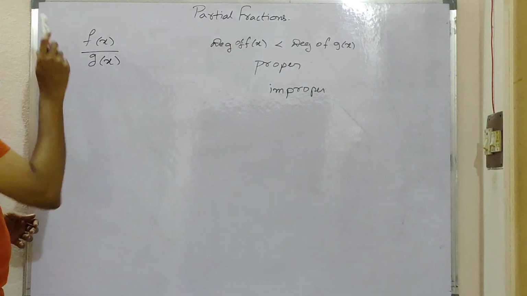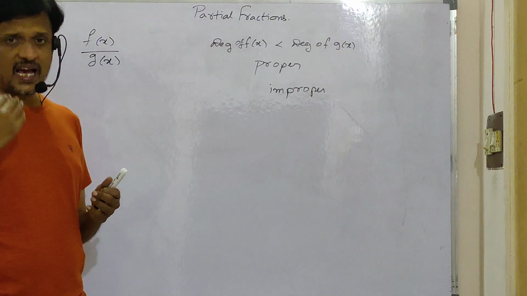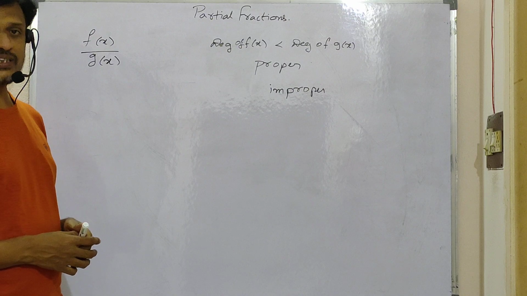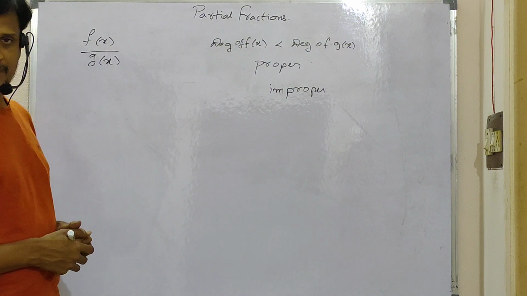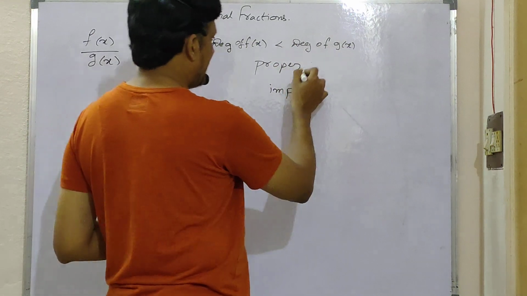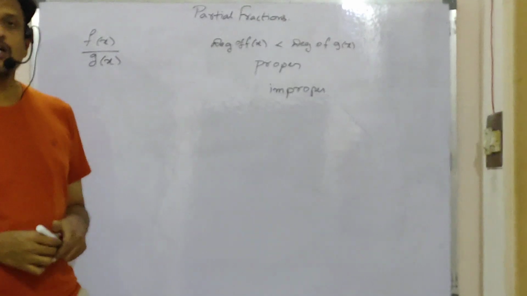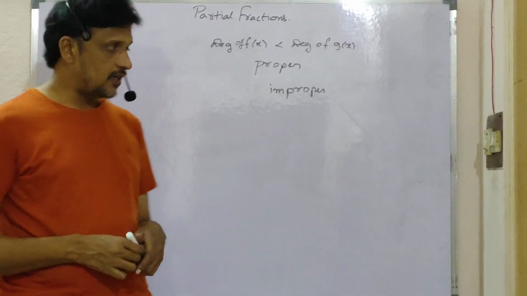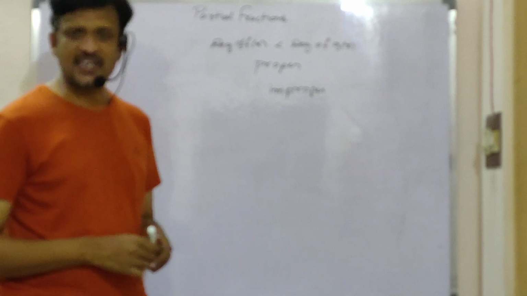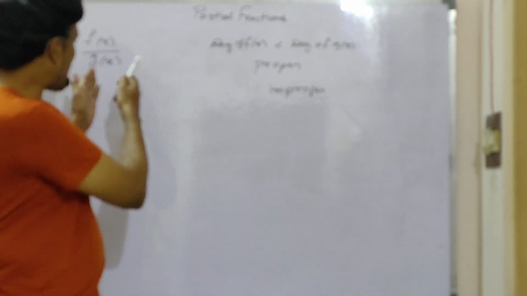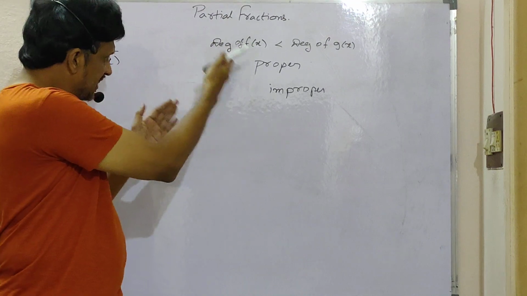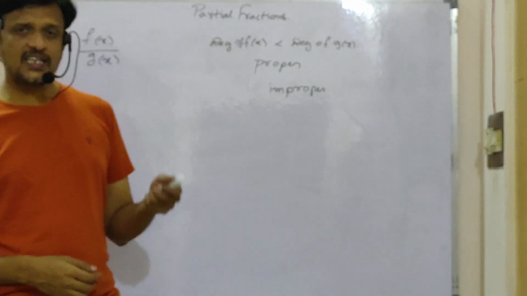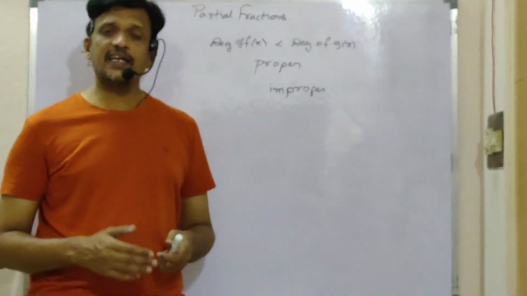So here, in f of x by g of x, we have a fraction with numerator and denominator given by polynomials. First observe the degrees of both numerator and denominator to find whether the given fraction is proper or improper. Then we have to split it as the sum of partial fractions. If this fraction is the sum of two fractions, then each of these two is called a partial fraction of the given fraction. Now try to understand this concept with the help of a few problems. Here different models are there.